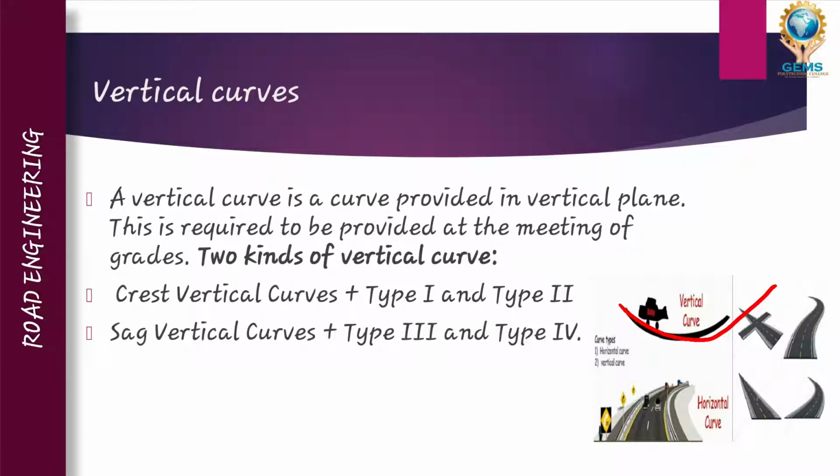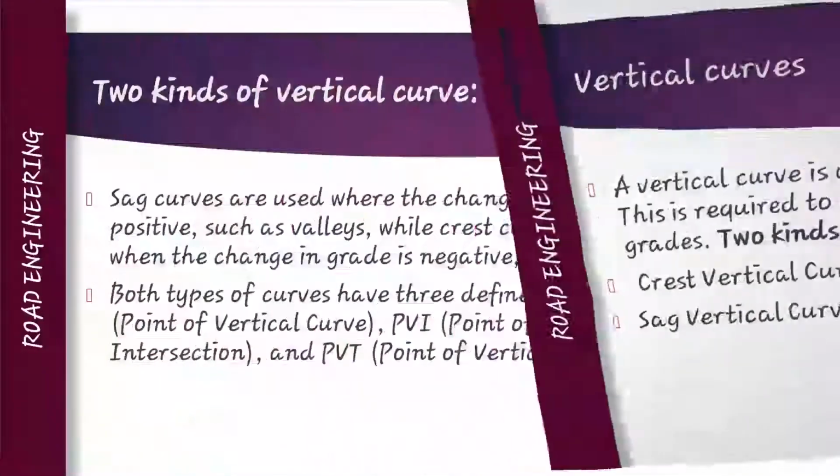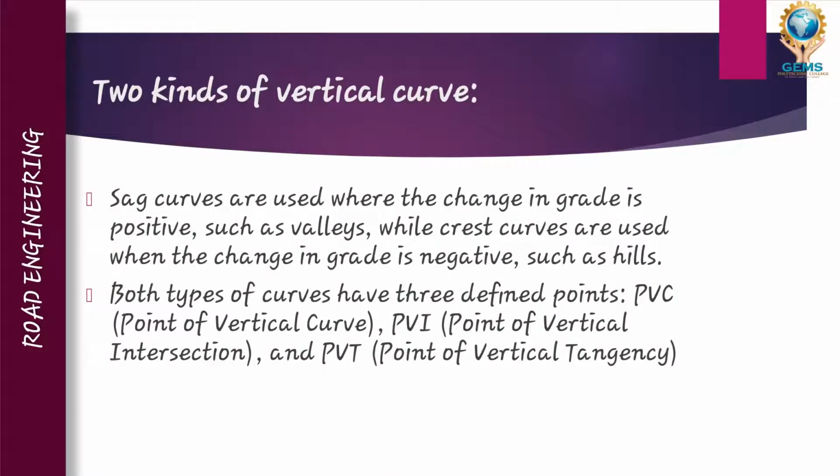Let us see about the two kinds of vertical curves. Sag curves are used where the change in grade is positive, such as in a valley, whereas crest curves are used when the change of grade is negative, such as on a hill. A sag curve goes down, which means, as we can see in the gradient, there is a fall. The valley curve is known as the sag curve,